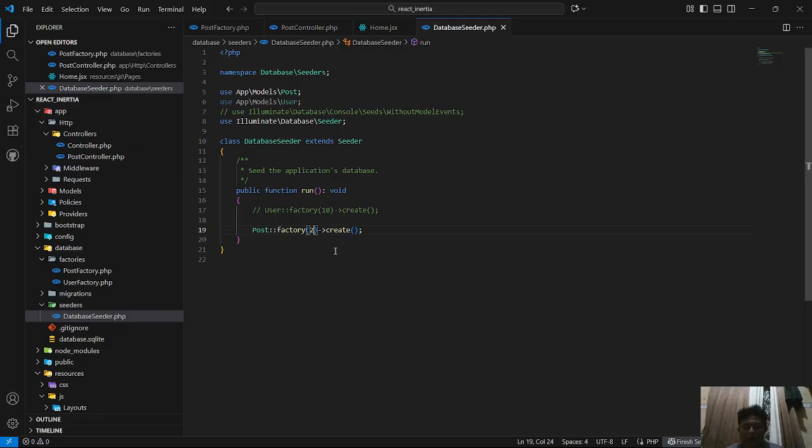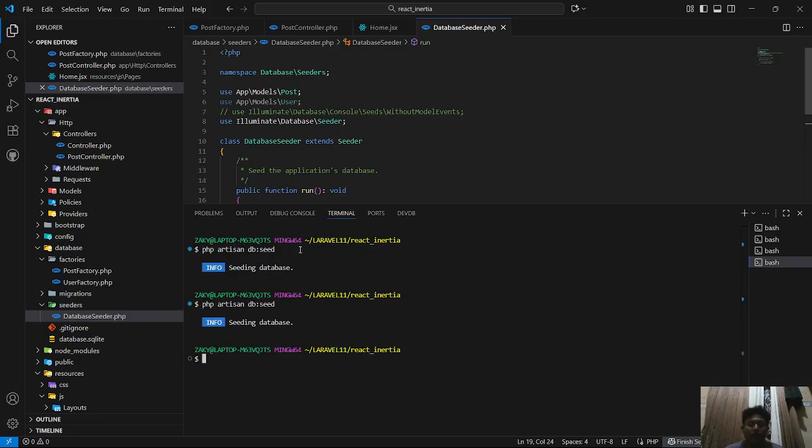If you write 10, you get 10 dummy data, and if you write 20, you get 20 dummy data. First, I had added 32 dummy data before this. So 30 first, then I added 2. Now I already have 32 dummy data.